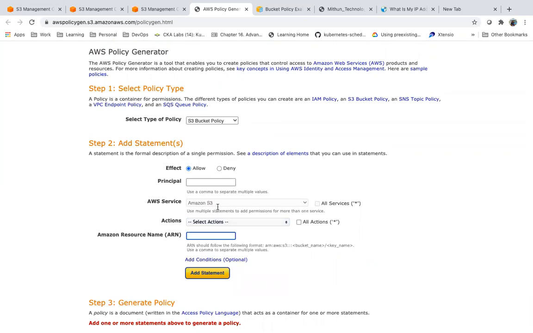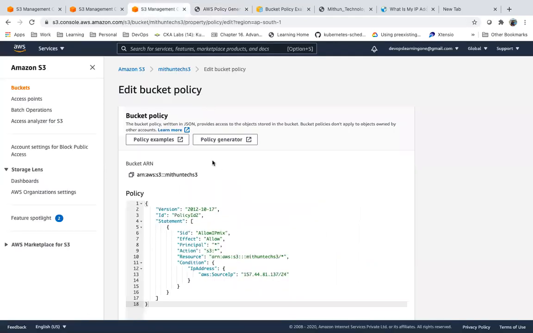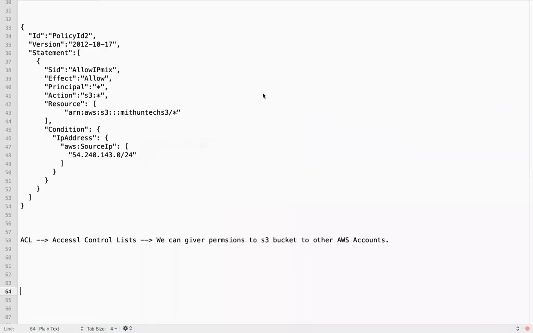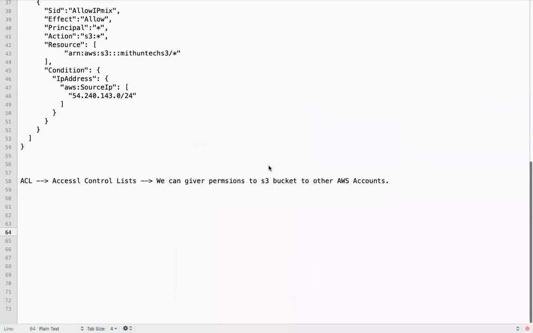So you can use this policy generator, and this way you can apply security.